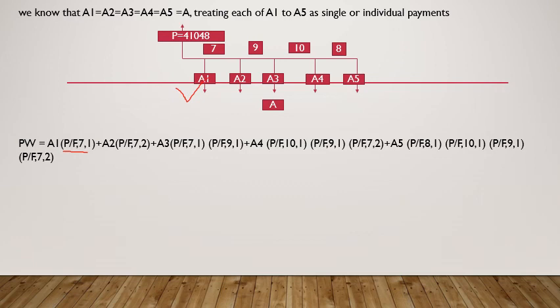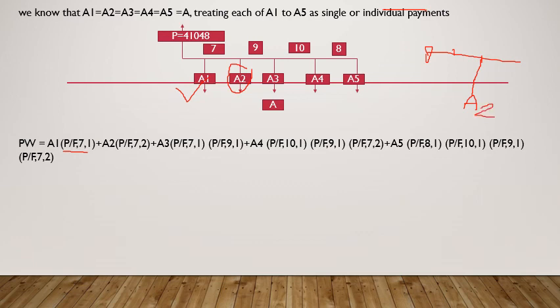Let us come to A2. Where is it? At t is equal to 2. Can I convert that into t is equal to 0 straight away? Yes, I can do, because interest rate is uniform from 0 to 2. For the time being, you assume that there are no other cash flows. There is only one cash flow, A2. So it's a single payment cash flow. So the cash flow diagram appears to be something like this. See here, it is 0, 1, 2 and A2 is here, that's all. There are no other cash flows.